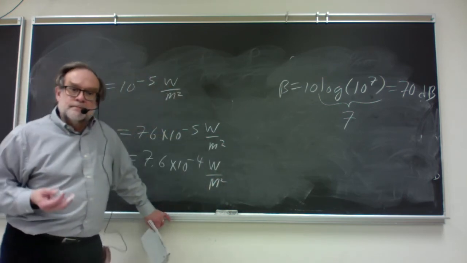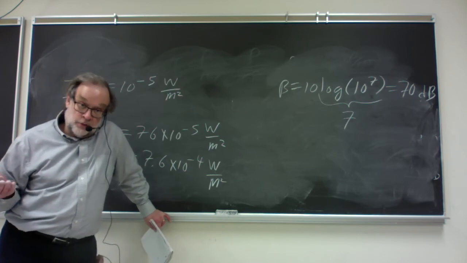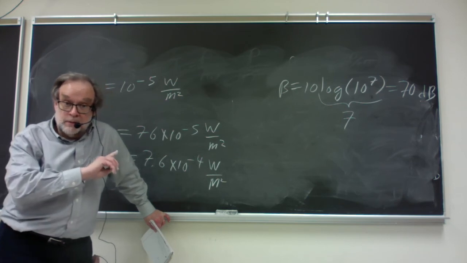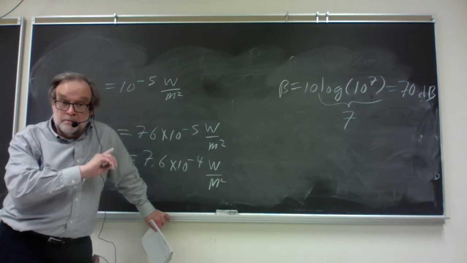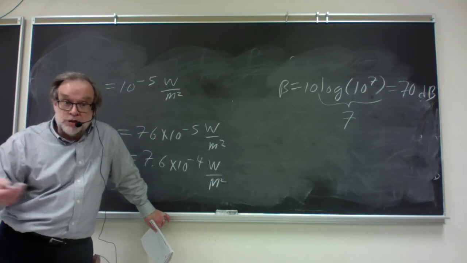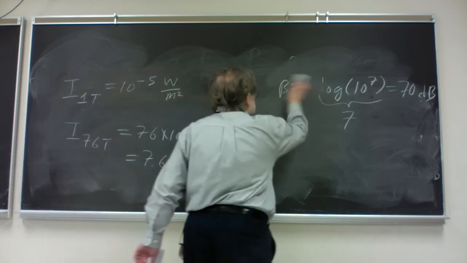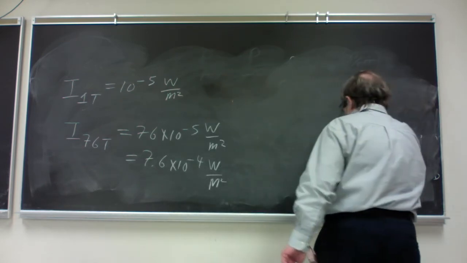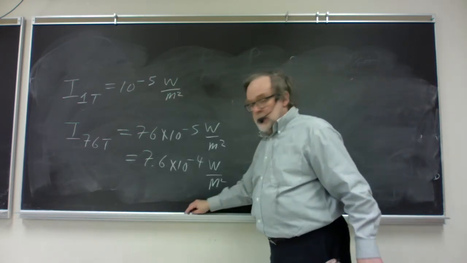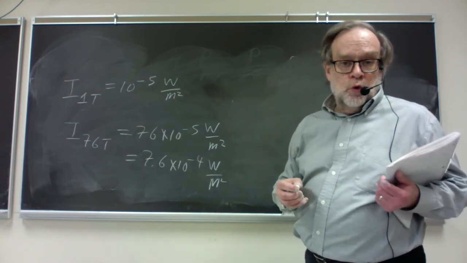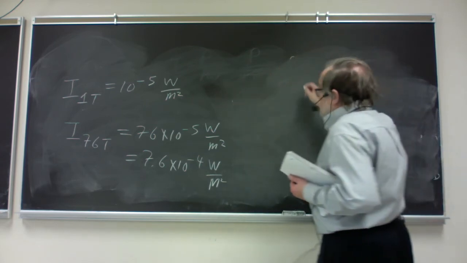And then do the same thing again. Use the decibel rule to find out how many decibels this much louder sound from 76 times as many sources sounds. And for that case, we'll actually have to use our calculators and also use a useful little rule. The rule goes like this.